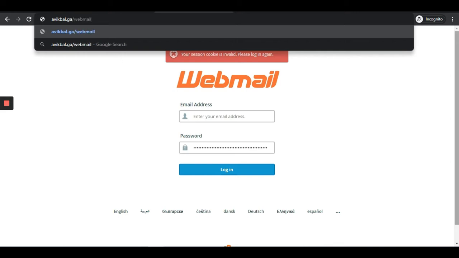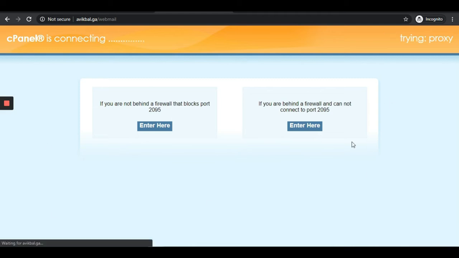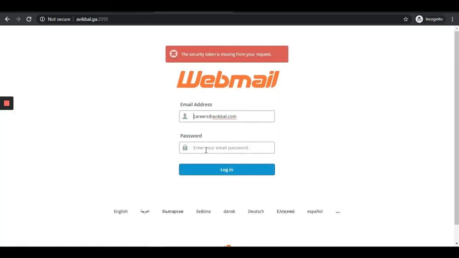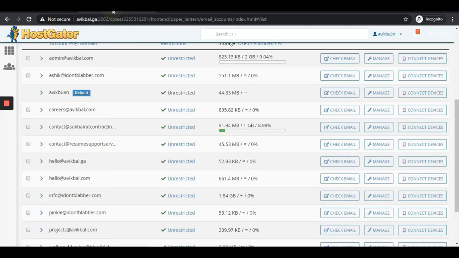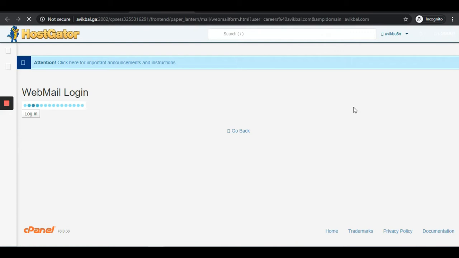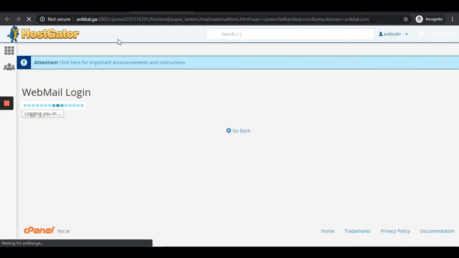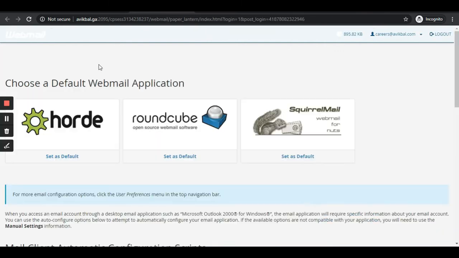If you type in this URL, you'll land on this login page where you'll be able to log into your domain email account, to be very specific. You can simply type in the password and log in. You can also log in from the hosting server cPanel. I can click on check mail and I'll land on the inbox of this email ID.